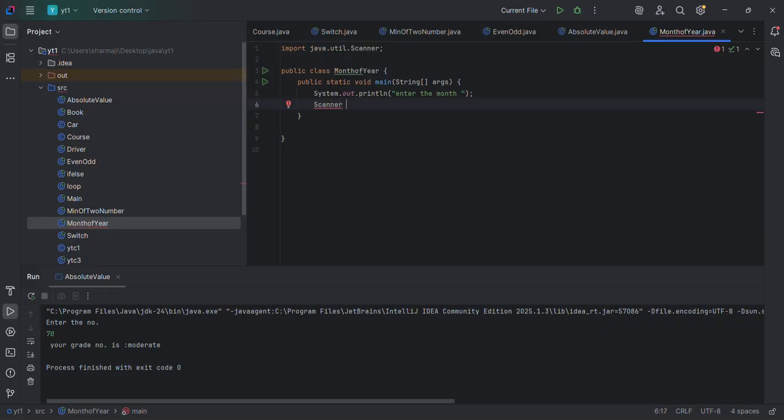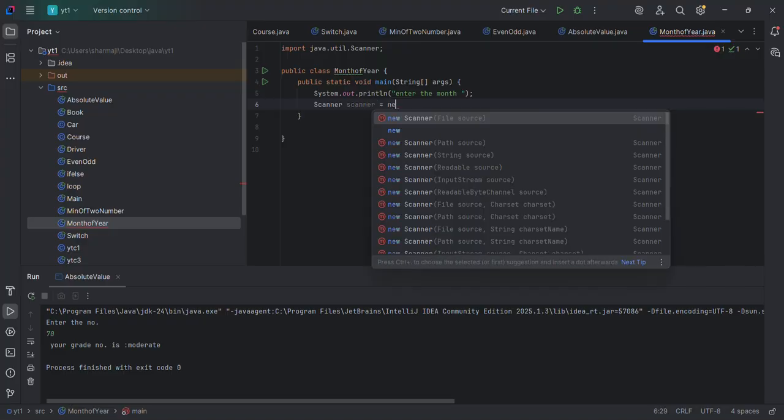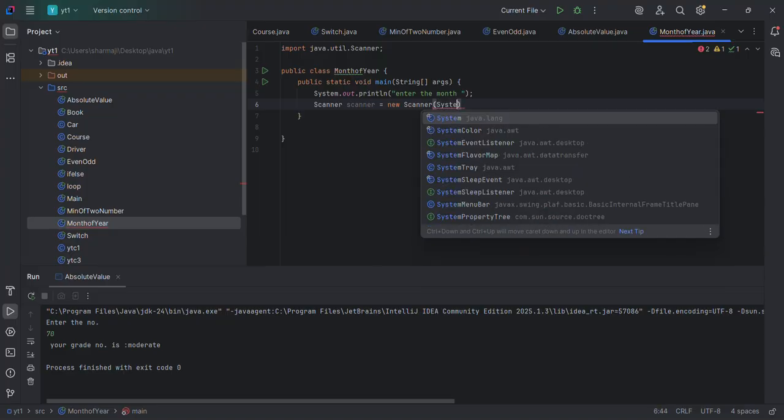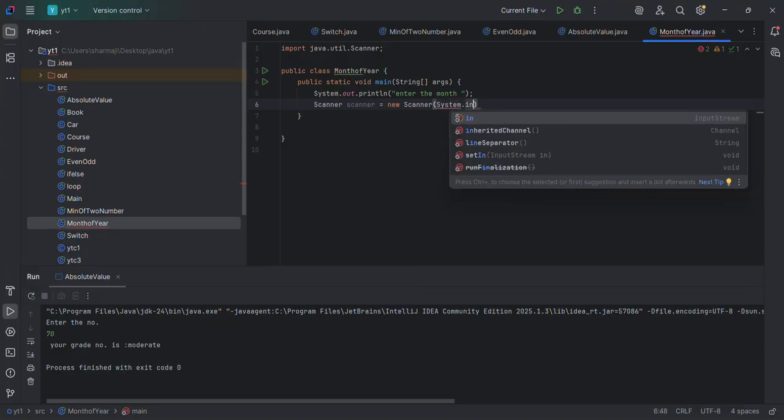Now we take input using the Scanner, new Scanner(System.in),